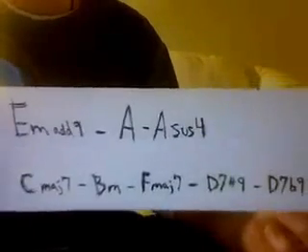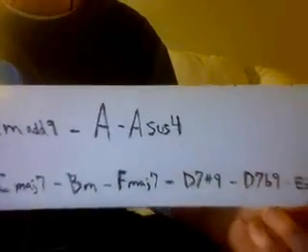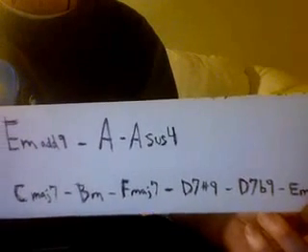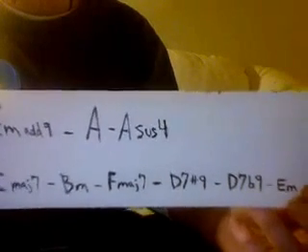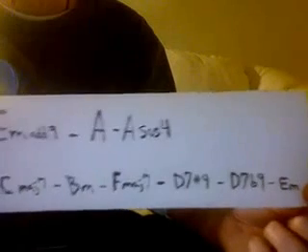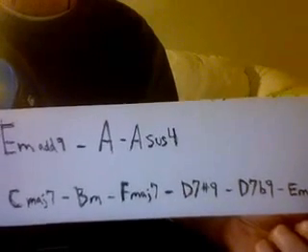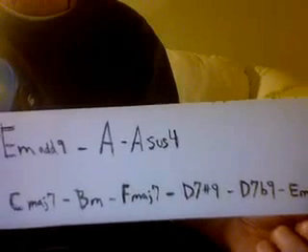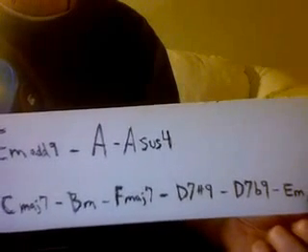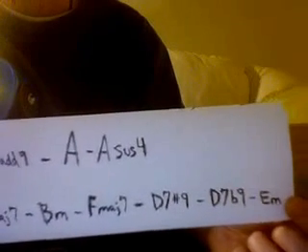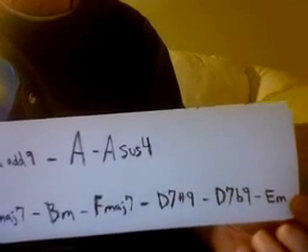Imagine you're playing with some friends and they say, all right, here's a song we should learn. If you've listened to much Pink Floyd, chances are you've heard this song and heard this progression. So imagine someone says to you, all right, here's how the progression goes. E minor add 9, A suspension 4, C major 7, B minor, F major 7, D7 sharp 9, D7 flat